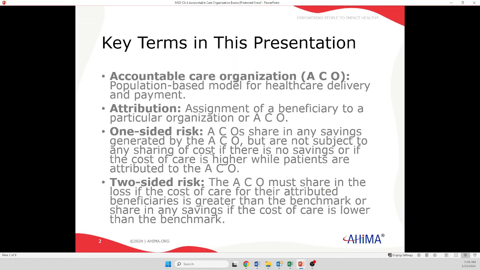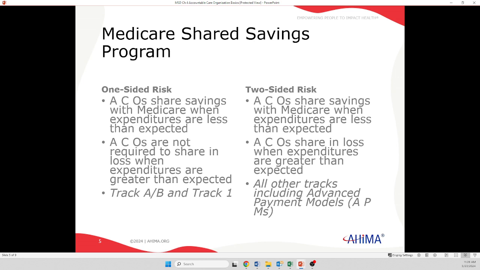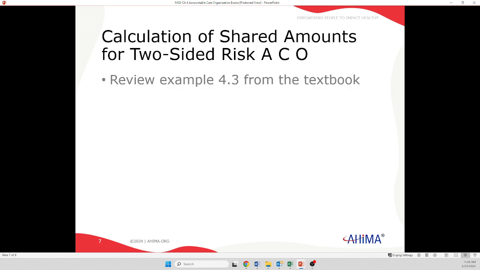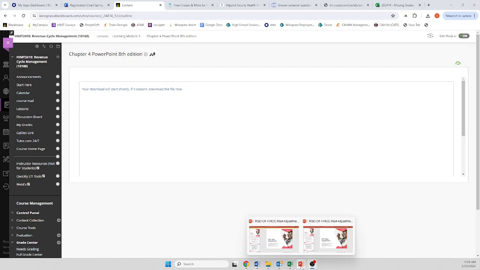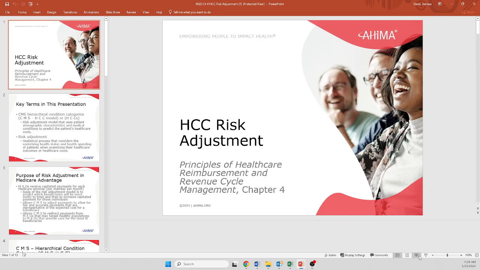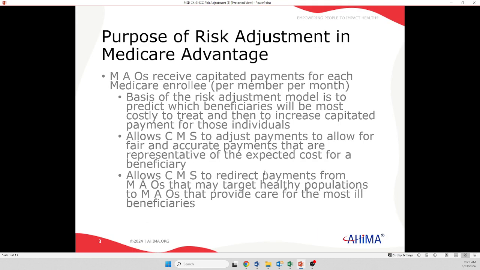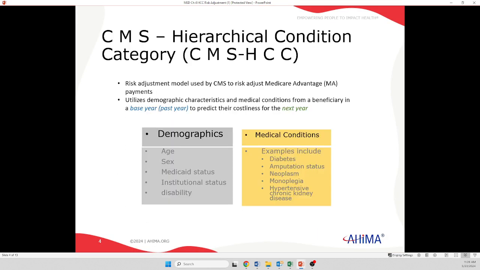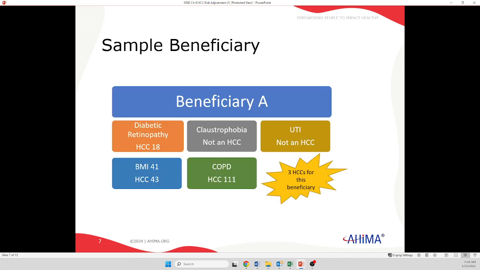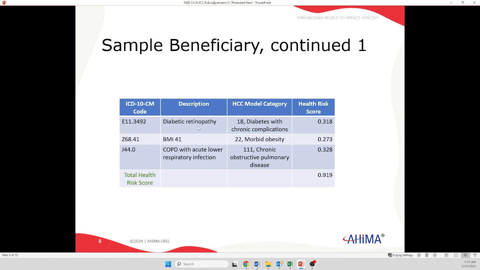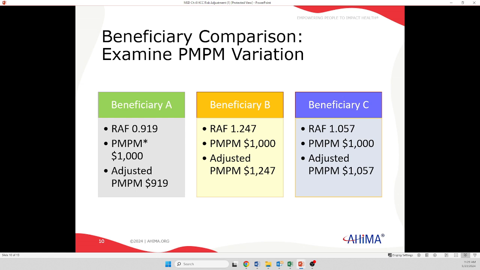Here's our ACO. Again, terms, one-sided, two-sided. Make sure that you know those terms. And then our risk adjustment. Make sure you know about that, know where you get that HCC. Here's some other examples. For any of these codes that you see that it gives you an HCC, y'all go in your code book. All you're going to see is the HCC. Without the HCC software, you're not going to see the actual number. Okay, going in